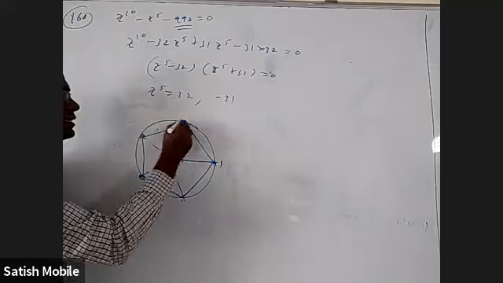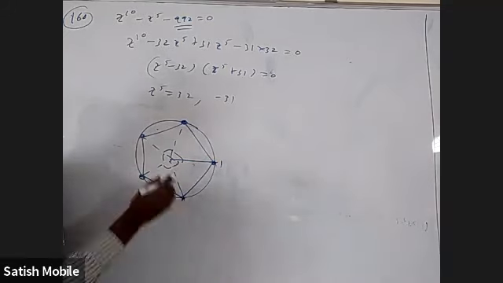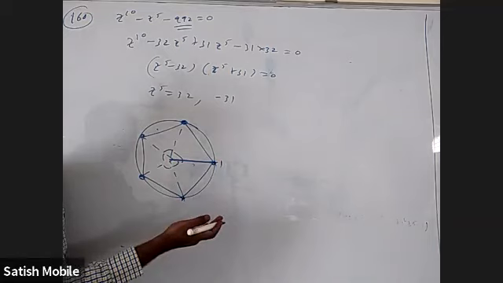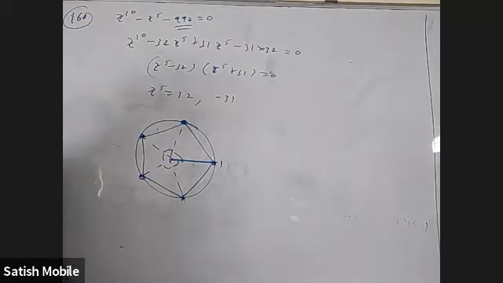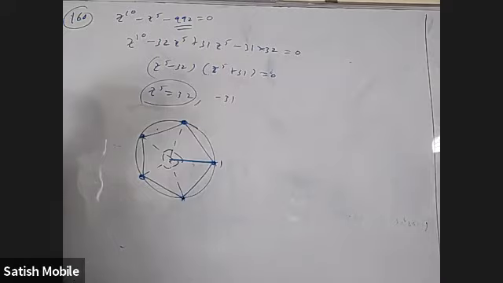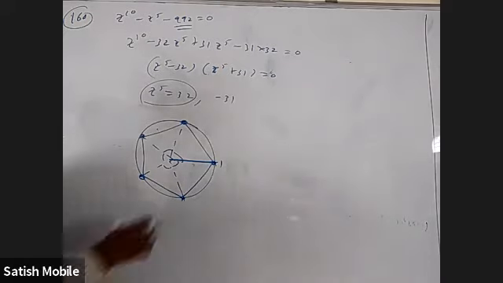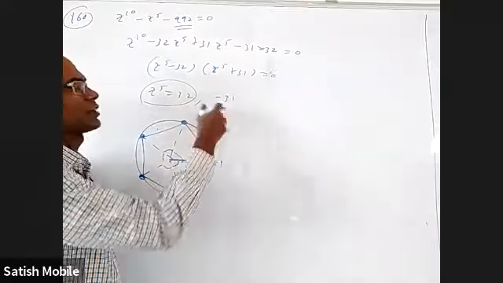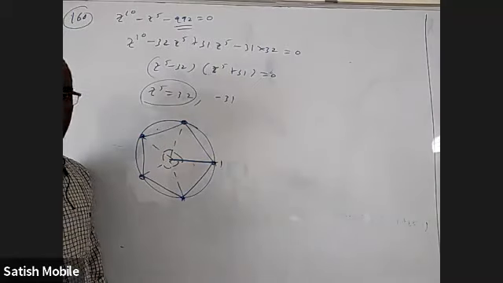I can tell these three have positive real parts because they are on the positive x-axis side. These two have negative real parts, right? Very easily. This has 5 roots. Of these, 2 have negative real parts, 3 have positive real parts. Done. I don't have to find them. Okay. What if you take minus 31, or some other number, or even minus 1?